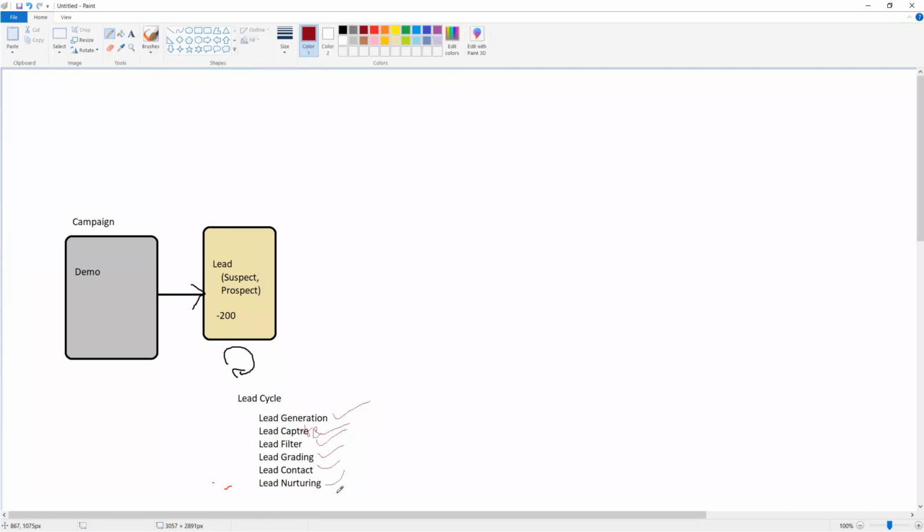By the time I reach nurturing, now we know that okay, these are the genuine leads. So out of 200, only 100 members came to lead nurturing. Now once this lead cycle is completed,